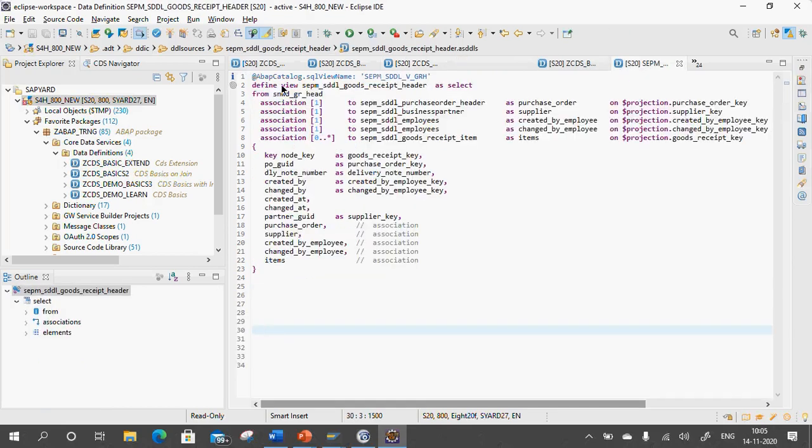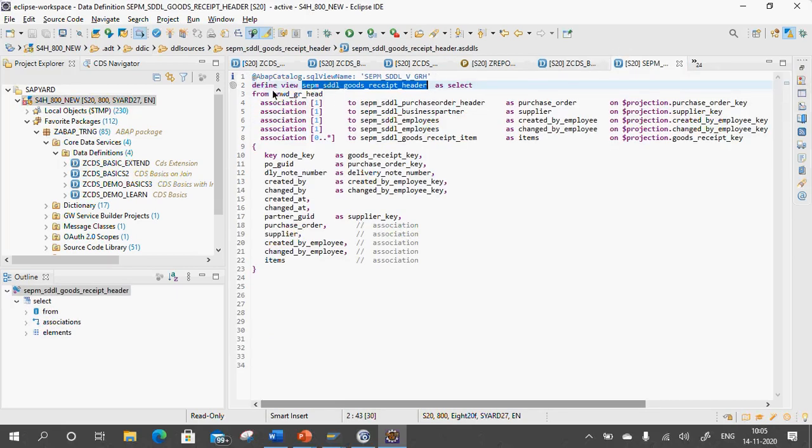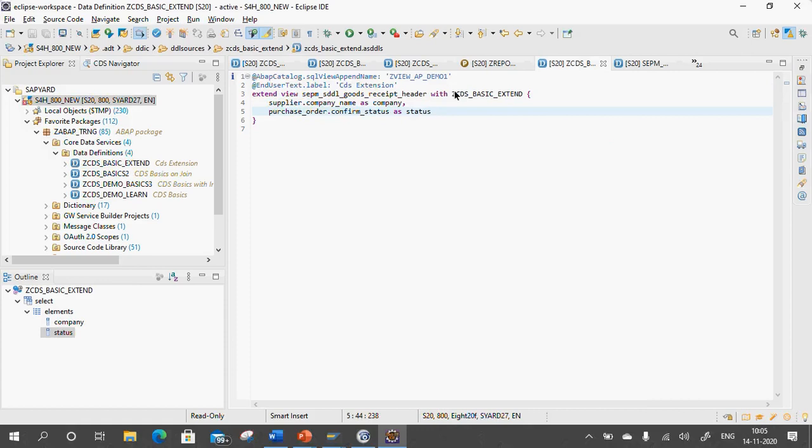So when I extended this, your entity view name still remains the same. Your entity view name is not changing. This is just your CDS extension view entity. You cannot use this, getting the point? Because when you use this, you will get all the fields. Apart from this, you will get these fields also. This is just your extension view name. Original view.